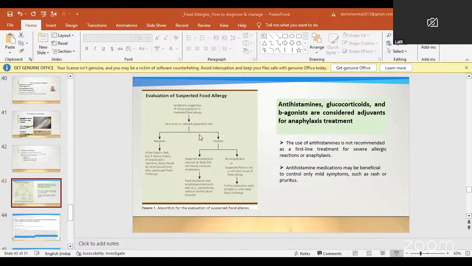Some slides here are not moving. Can I just stop the sharing? Yes, yes, Lalit, because it's hanging here. Okay, so